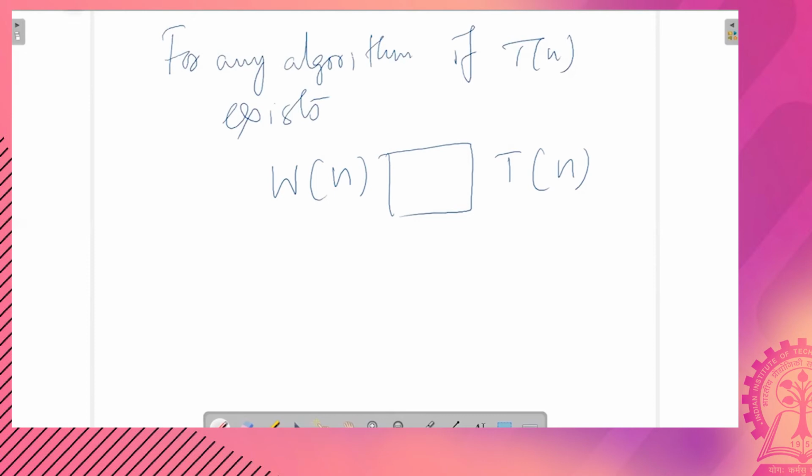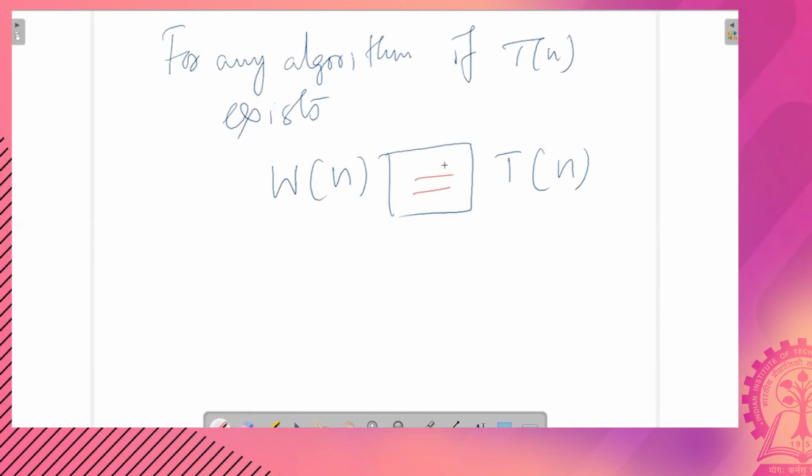Wn should be equal to Tn. Okay, because Tn is every case, best case, worst case, average case, all cases are subsumed by the Tn. Okay, so therefore, if for any algorithm the every case complexity exists, then for that algorithm the worst case is also the every case time complexity.